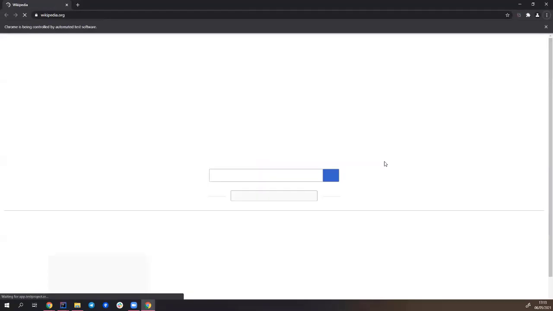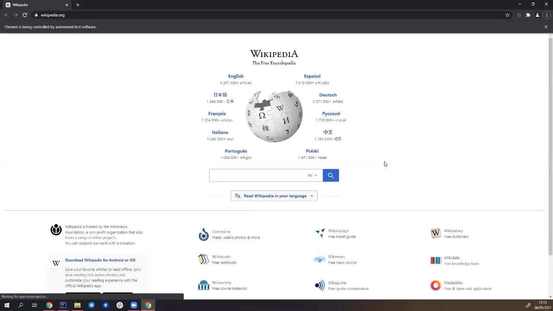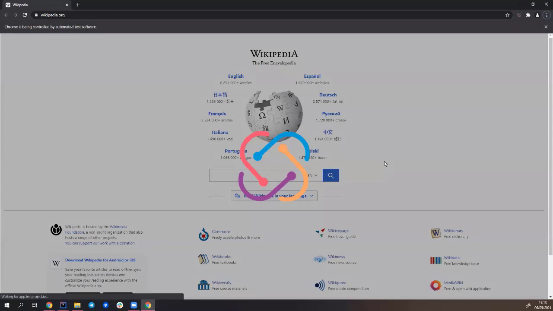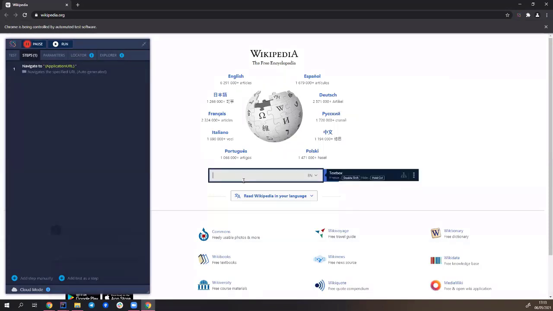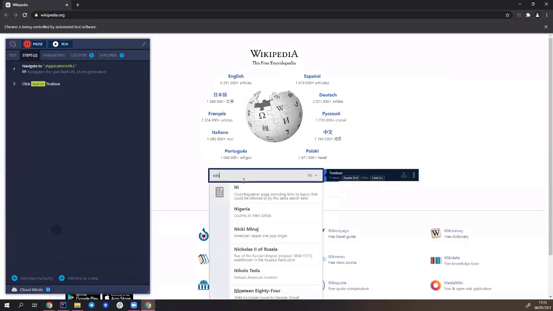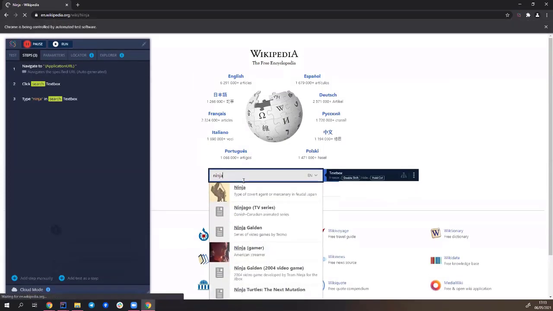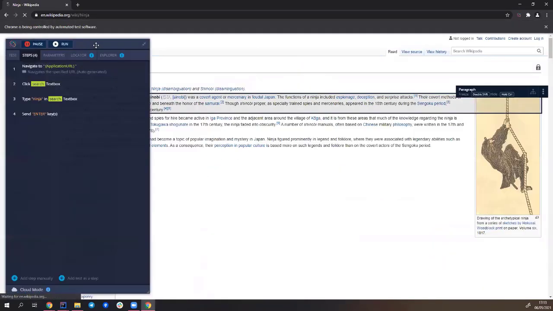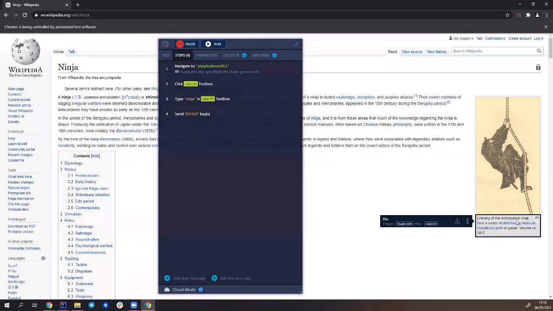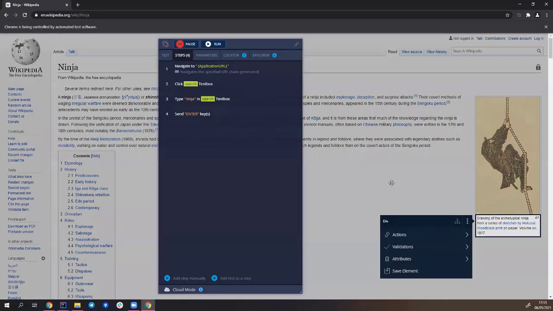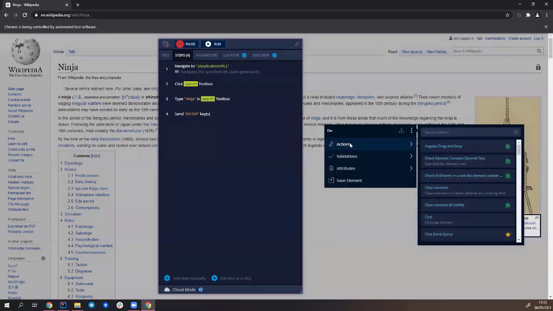Application is loading. So we'll be basically recreating the unit test I did in code, just a little more simple because we're using the recorder instead of coding it. So here I'll be searching for Ninja on Wikipedia. And now I would like to verify that this element contains the text ninja. So